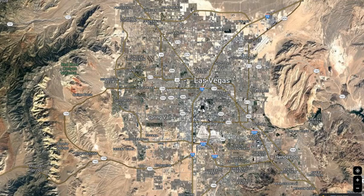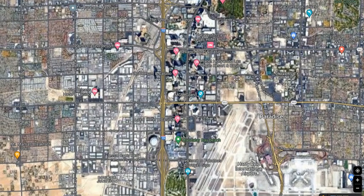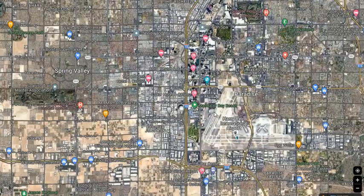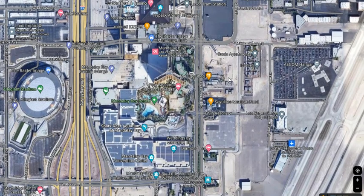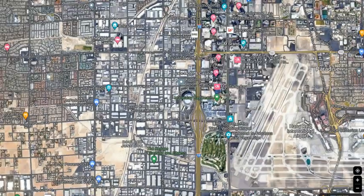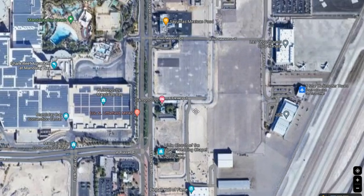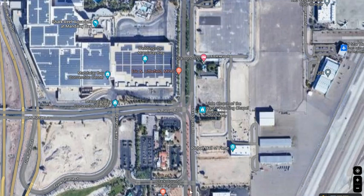And most people who come to Las Vegas for the first time are interested in visiting the Las Vegas Strip. And what is the Las Vegas Strip? Simply, it's a strip of Las Vegas Boulevard. So Las Vegas Boulevard is the main boulevard in Las Vegas, and this is the one that has made Las Vegas famous. As you can see, we have the airport right here on the south of the Strip, and the Las Vegas Strip pretty much starts south at Russell Road,